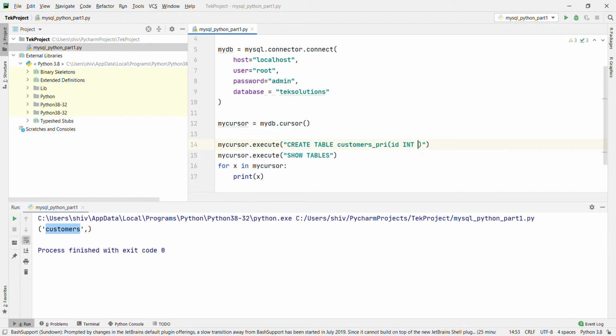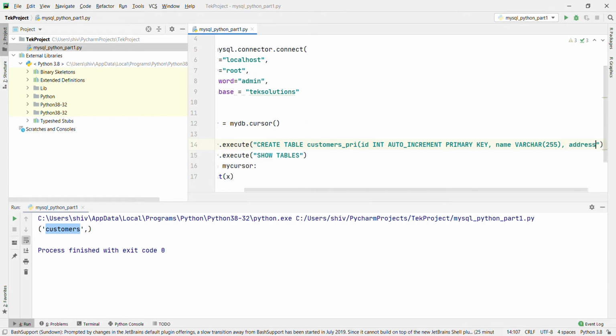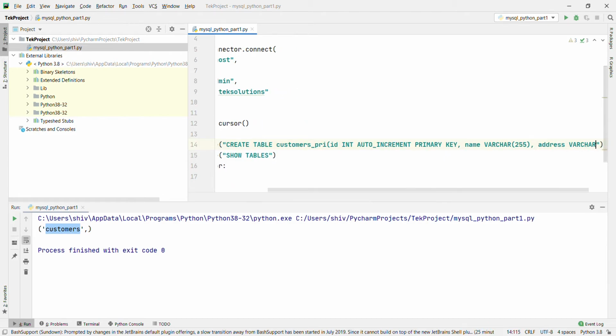ID integer auto increment with the primary key, and name varchar 255, address varchar 255.